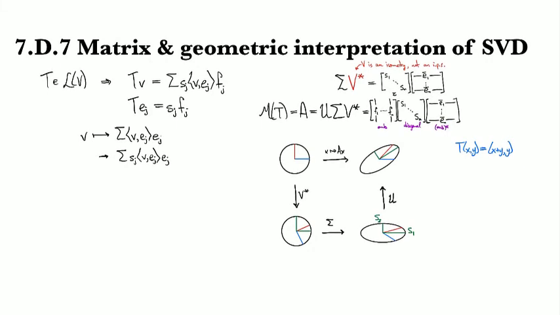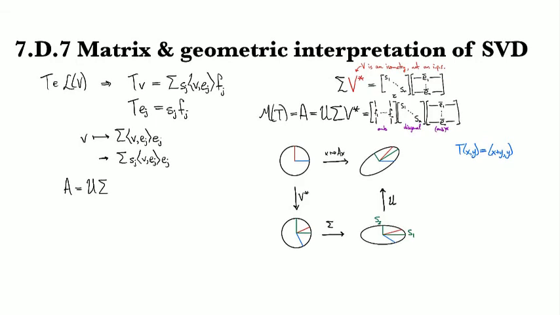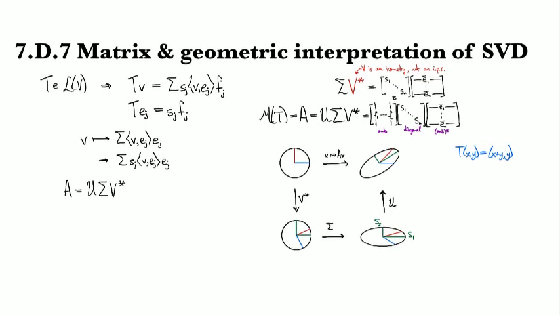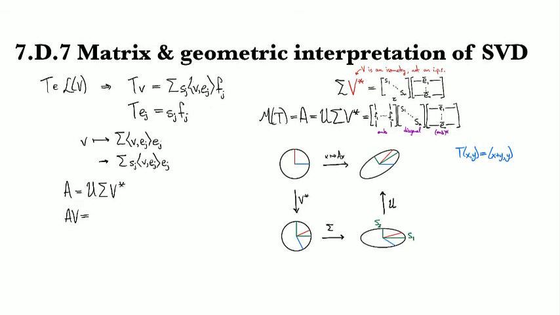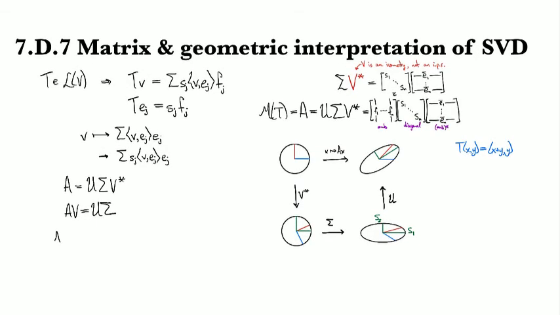So if we talk more about the way that these matrices are broken down, we've got A is given by U sigma V star. And since V is an isometry, its adjoint is its inverse. So multiplying across by V, we have AV is U times sigma. And so written in terms of matrices, this is A times, and then here's your E1